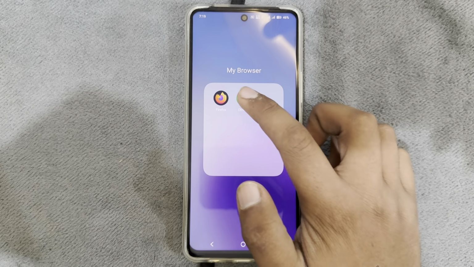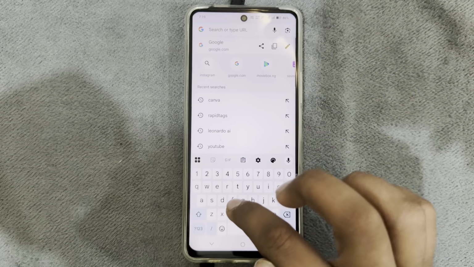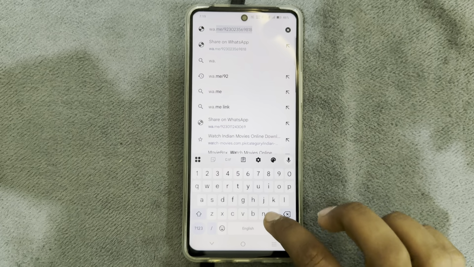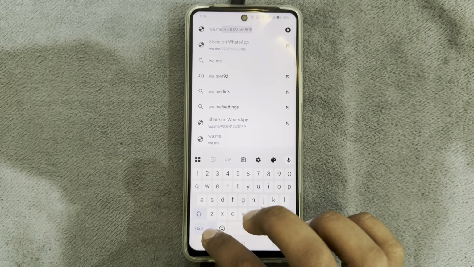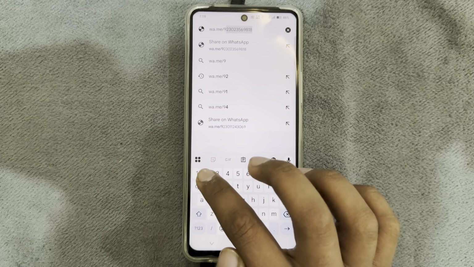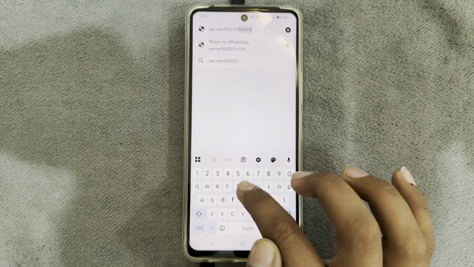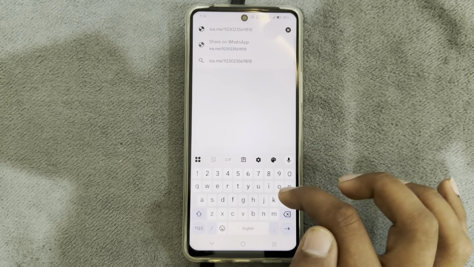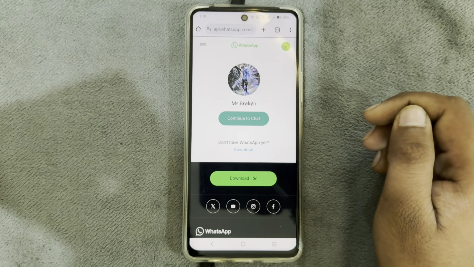First, just open your browser, go to the search bar, and enter wa.me, then slash, then enter the country code, and after that enter the phone number you want to message. As I am going to enter this one, so just enter it, then tap on next, and now it will